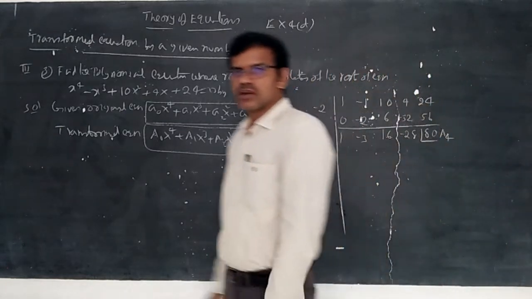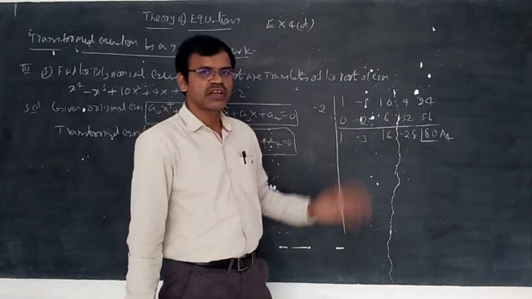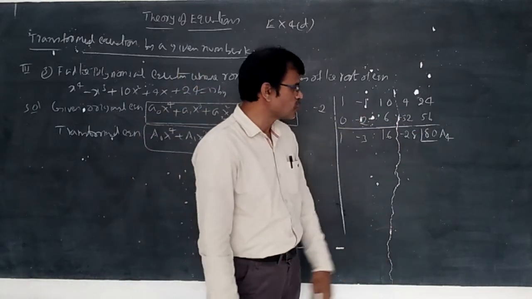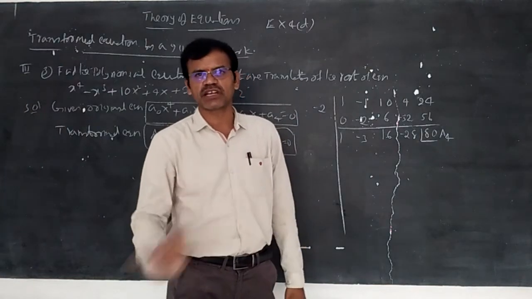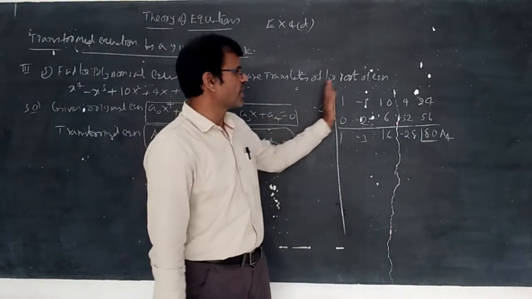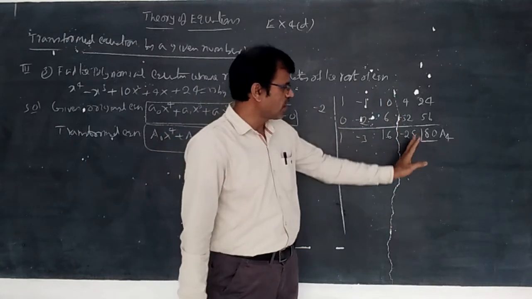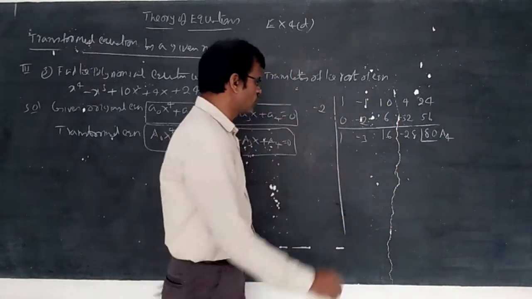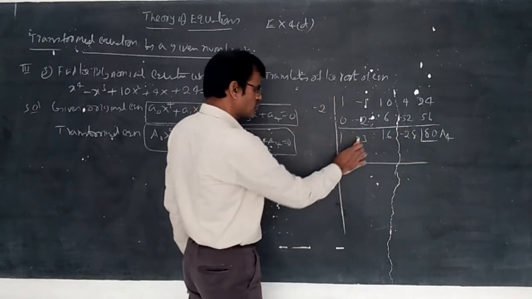Like that it will be reduced. This is the shortcut method. No need to get confused about why 0 should be there. It is not a factor. We are not doing the factorization method at all. Simply we are finding the transformed equation. So whatever the value is there, leave it and write A4 there. And again you write here 0. Like that it will be reduced.